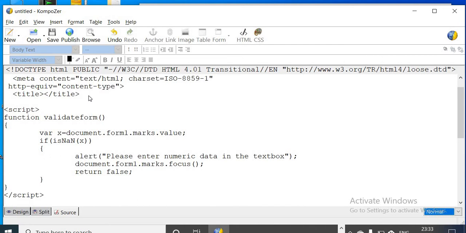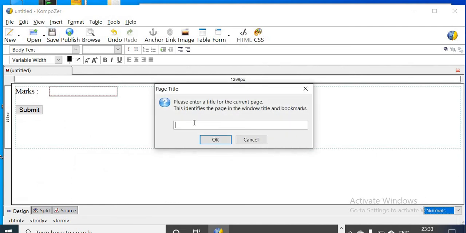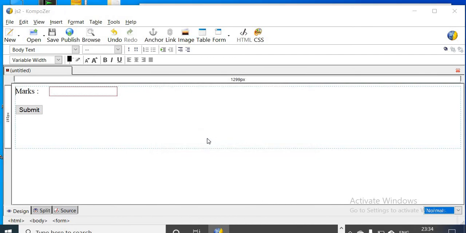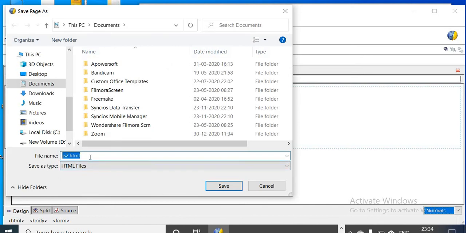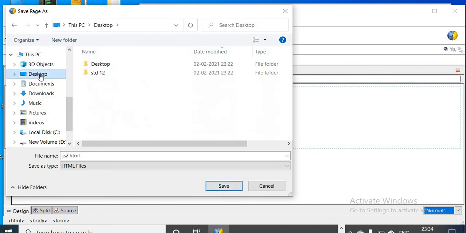So this much code we have written. We save the file as js2, .htm should be the extension. Where will we save? On desktop.